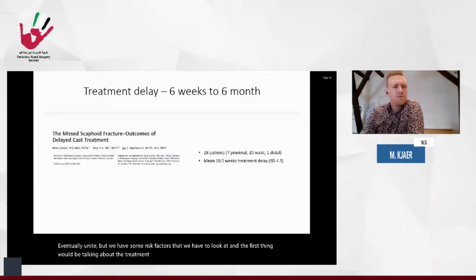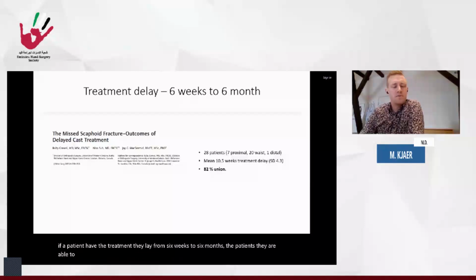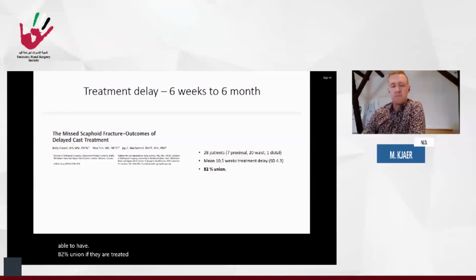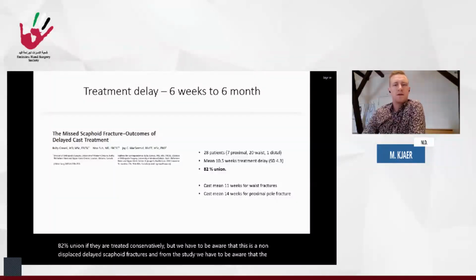And we know from Ruby-Grell from Canada that if a patient has a treatment delay from 6 weeks to 6 months, the patients are able to have 20 to 82% union if they are treated conservatively. But we have to be aware that this is a non-displaced delayed scaphoid fractures. And from this study, we have to be aware that the proximal pole fractures should have cast for a